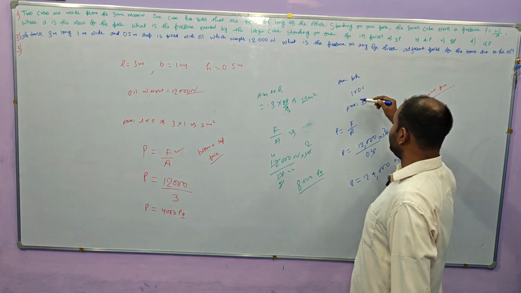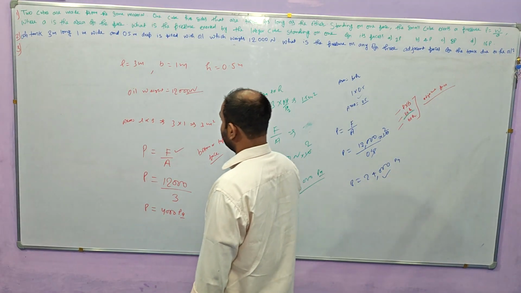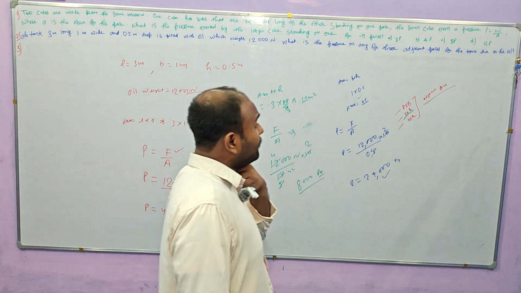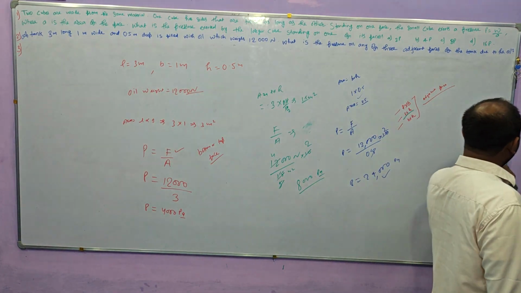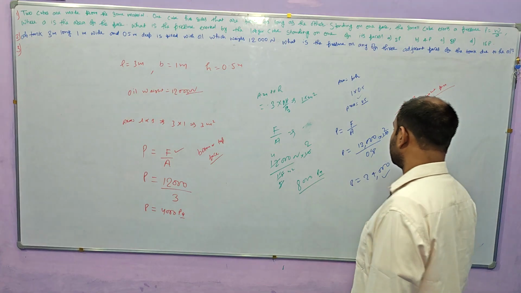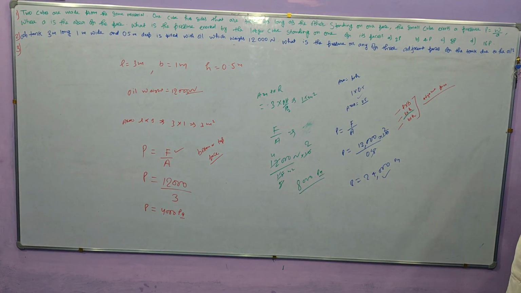So smaller the area, greater the pressure. Smaller the area, greater the pressure. And when we talk about the exertion of pressure on a tank due to liquid,